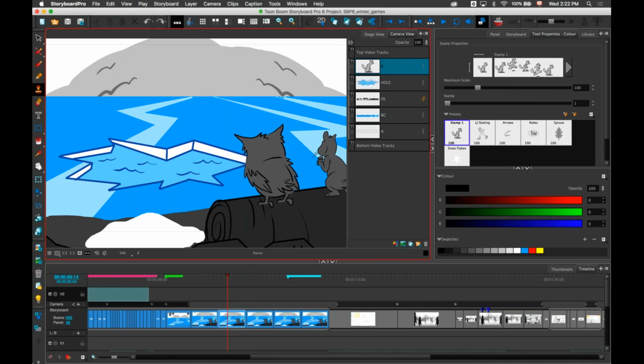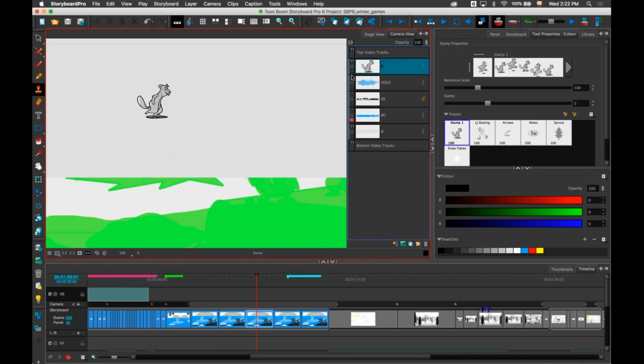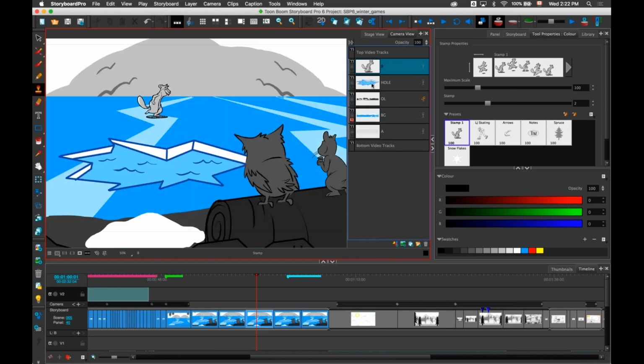So I will go to the next panel here, and I will stamp this on the next panel. Now I don't see what's happening on the previous panel. If I want to see what's happening on the previous panel, I will turn on the onion skin. When I turn on the onion skin, I'm not able to see what's happening on the previous panel either because I have the background that's hiding everything that's behind. So what I do is actually I will turn on the onion skin, and this is a new feature in this version. And I have this button here, which is show selected layer only.